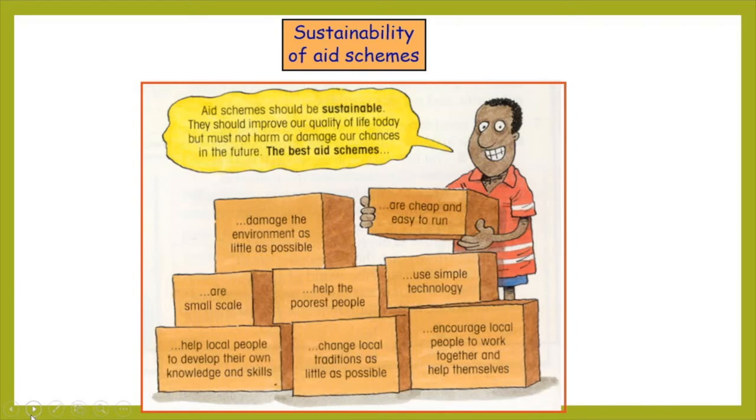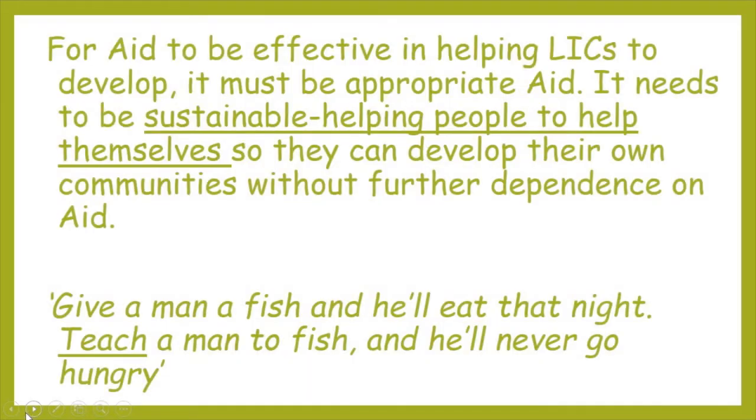Okay, so for aid to be effective, in summary, it needs to be sustainable, helping people to help themselves. Therefore, it's a permanent solution. They're not going to be dependent on future handouts. And there's a saying: give a man a fish and he'll eat that night. Teach a man to fish, he'll never go hungry, is the best way of encapsulating what we're trying